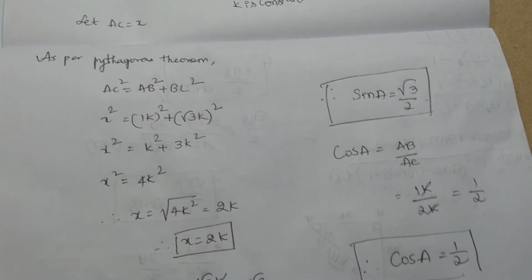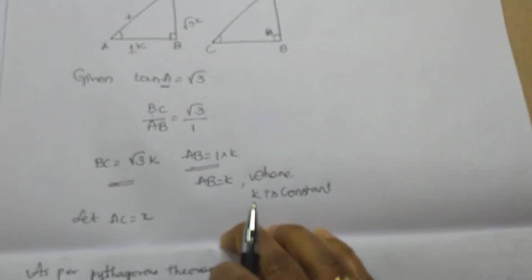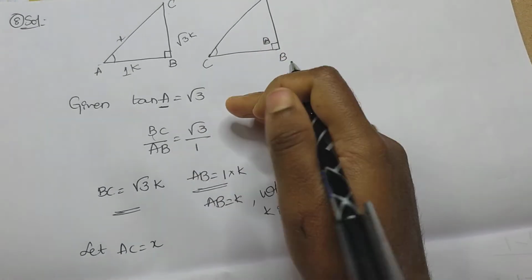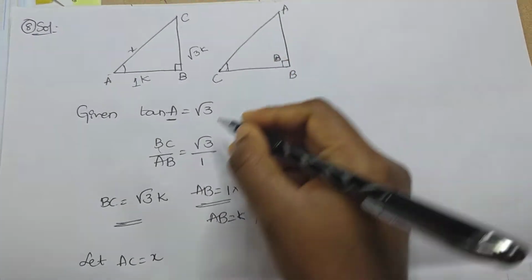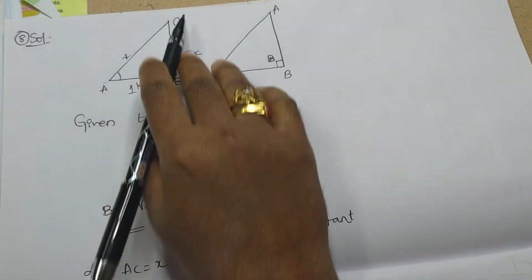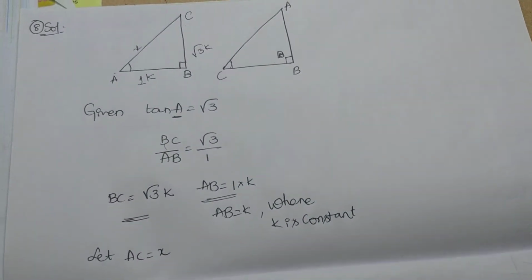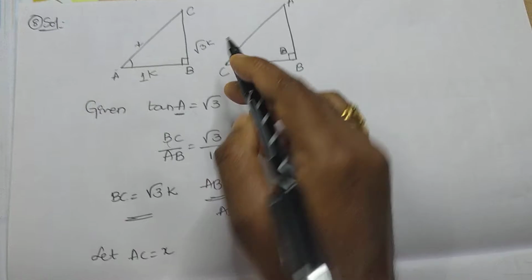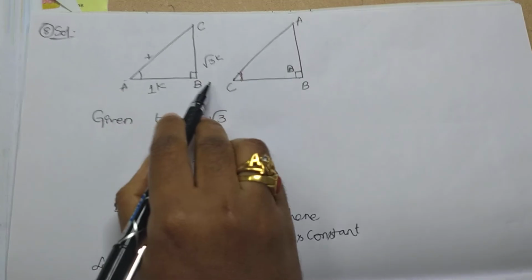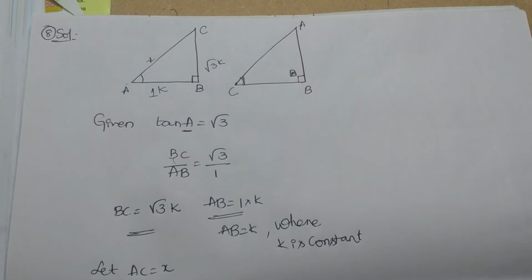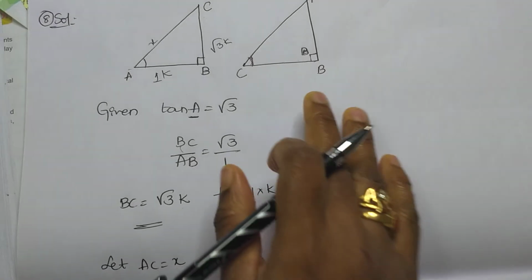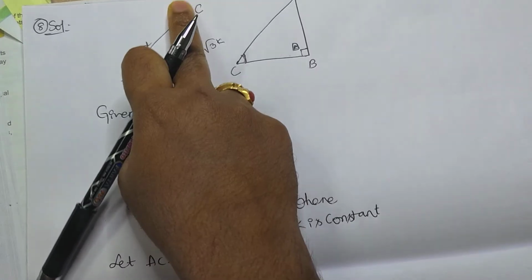So, the triangle in which A is taken as reference is done. Now, let's move on to the second triangle in which angle C is taken as reference. For both of them, the AB, BC and AC values will be the same. See here, let me show you. If angle C is taken as reference, the AB value and BC value remain the same. It means the angle taken as reference is the only thing that changes, but the length of the sides remains the same.